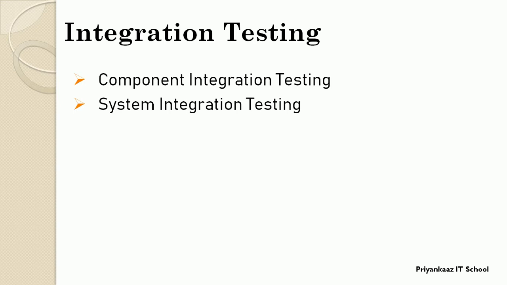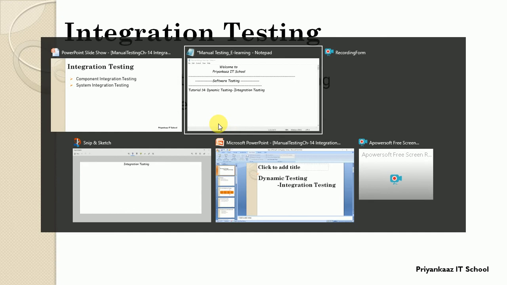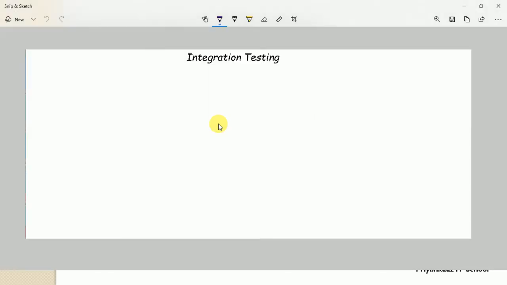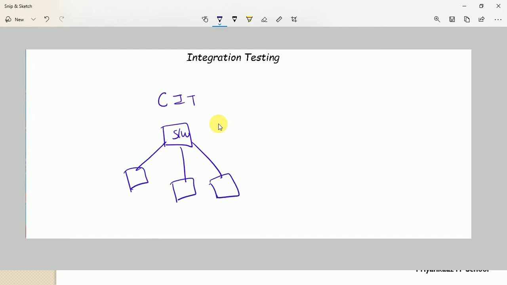So guys, what is the concept here at the component and system level? Let me explain with a diagram. What happens at the time of component integration testing? Generally, if we have one particular software application, all its components we can integrate together and test their relation. So the focus is on the interface between the components. This is what we are looking for in this integration.